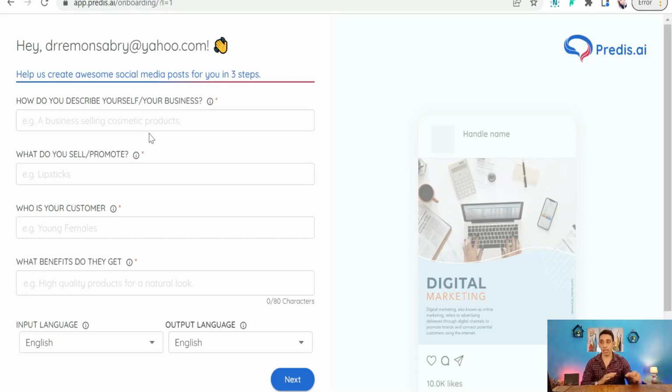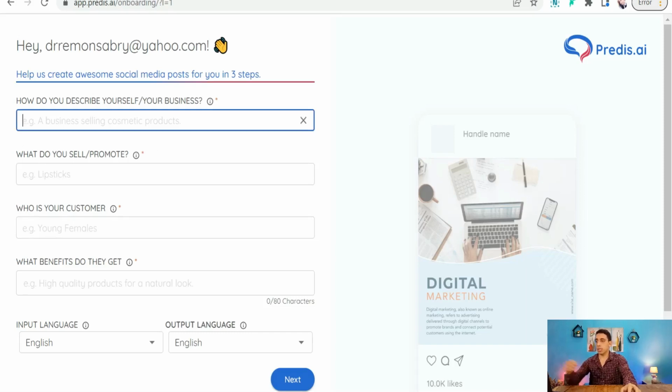and targeted hashtags. So here to create your post on Predest.ai, just you can direct the artificial intelligence or this robot to create your beautiful post. So you have to insert some details about your post, like how you describe yourself, your business, so you can selling items, for example, or digital marketer or a YouTuber or something like that. What do you sell or promote? So for example, if we want to sell some teas or some t-shirts about motivation or dog lovers and something like that, so we can